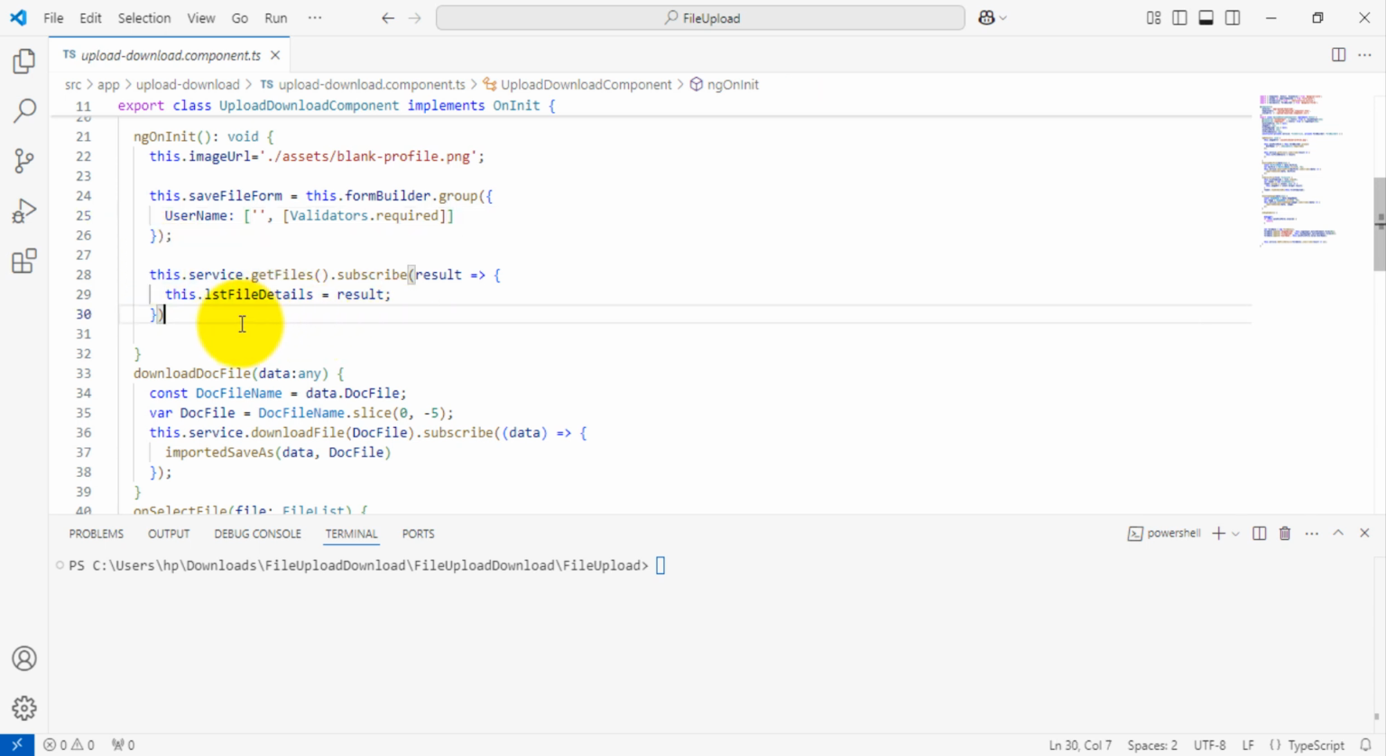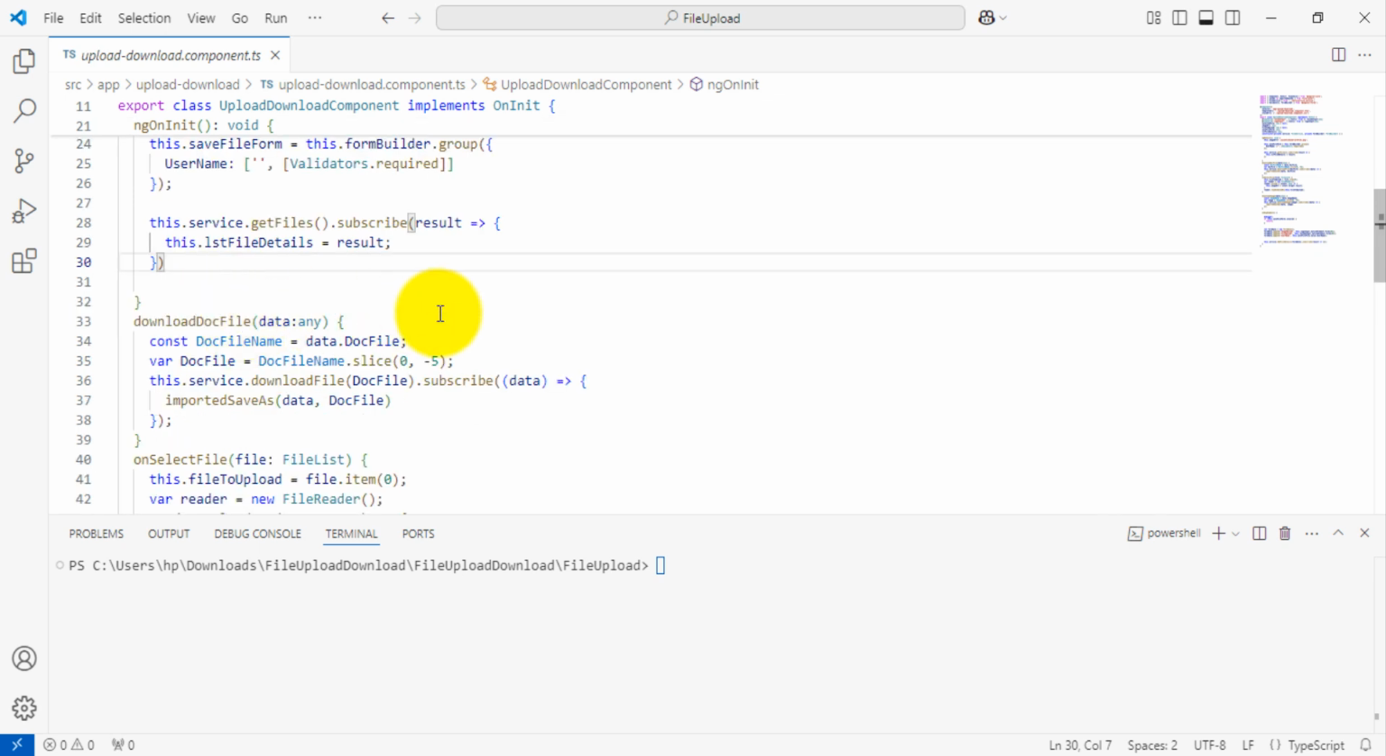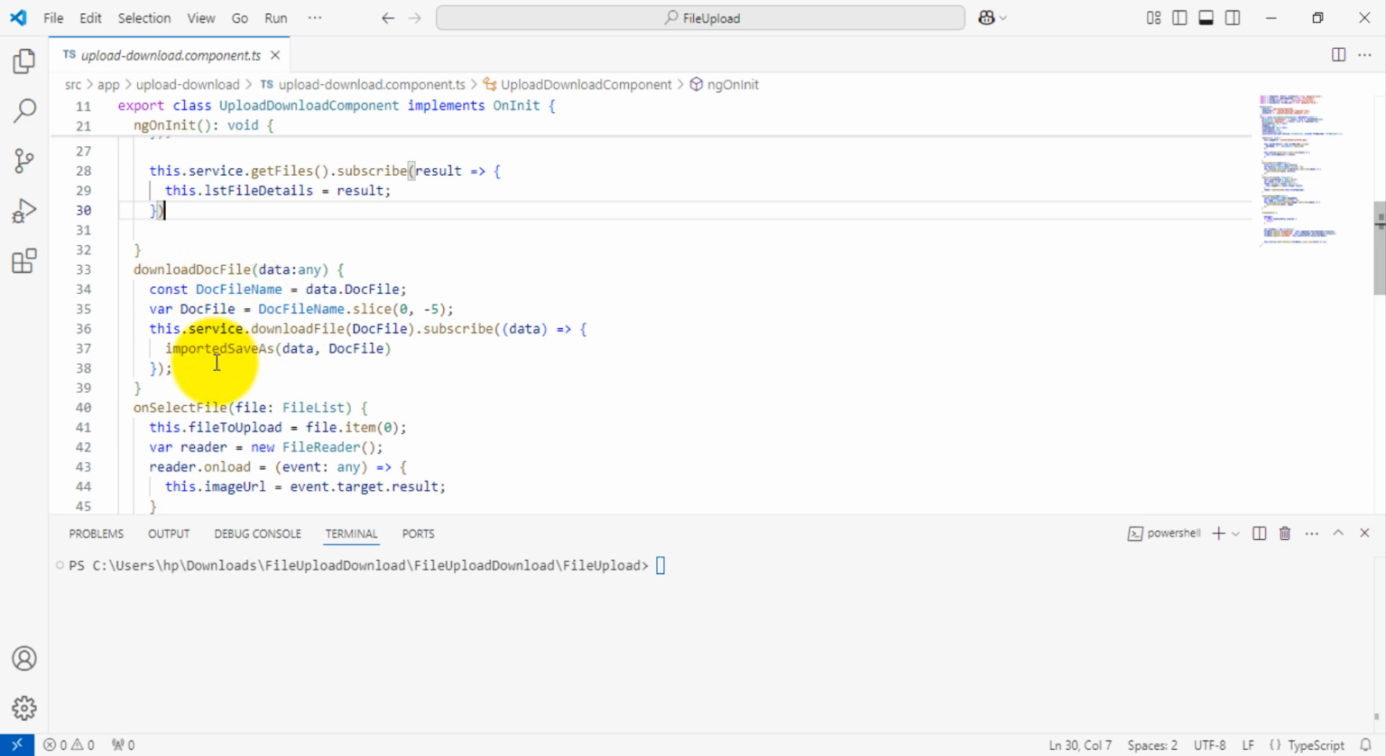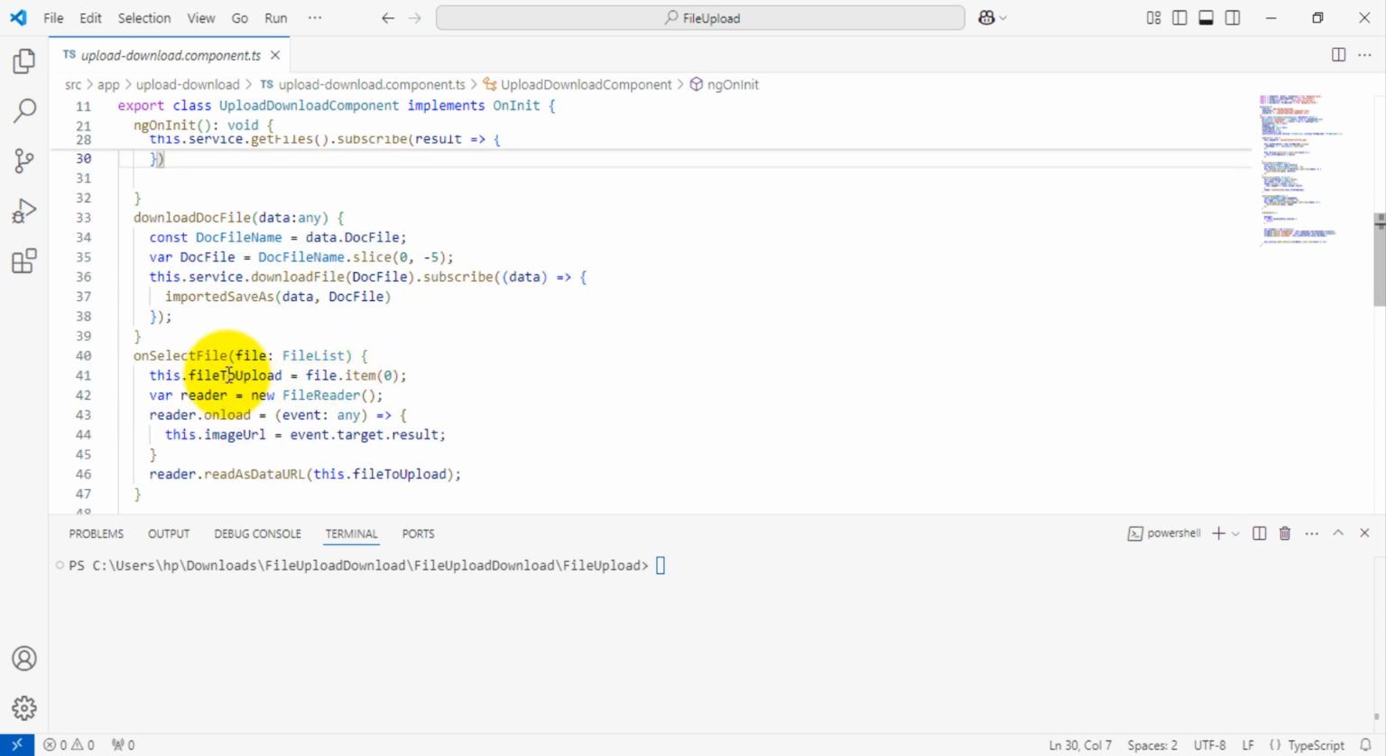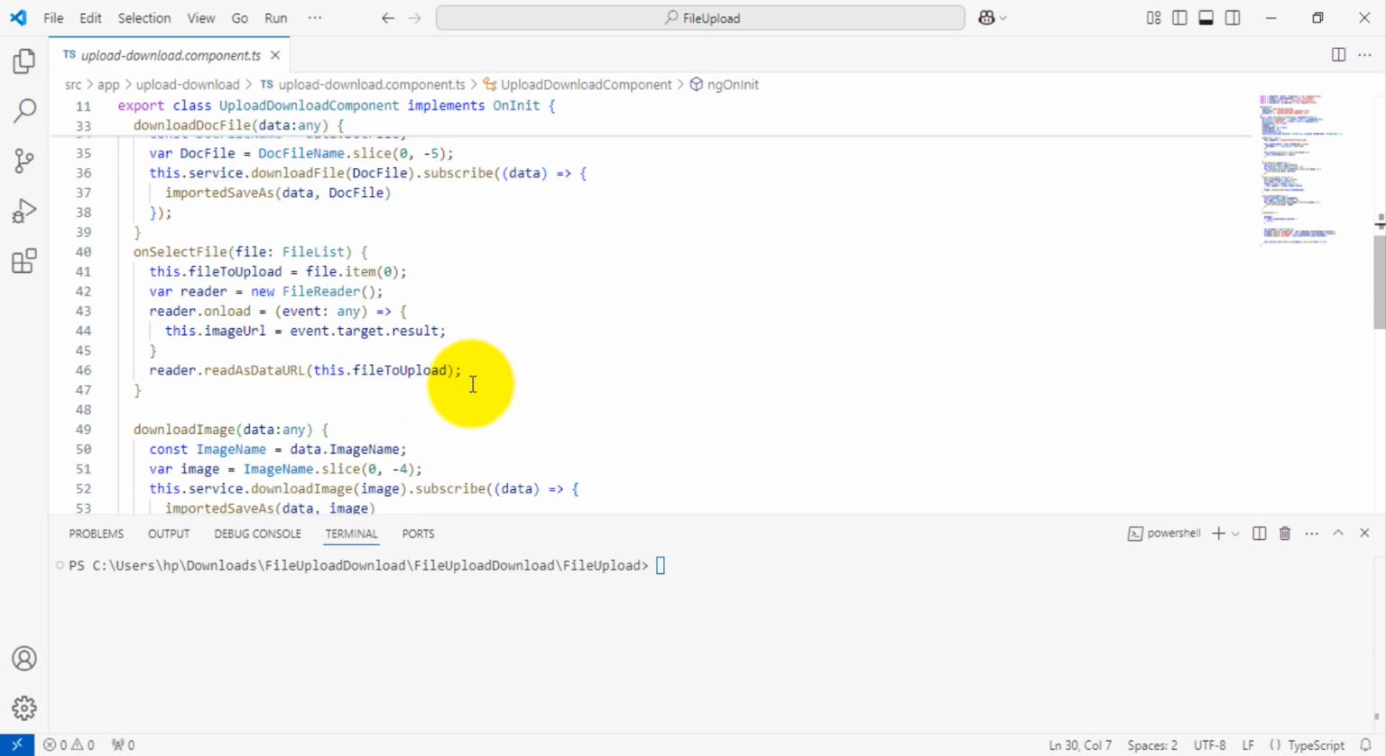In the service file, this method we can access, and the subscribe result, and the details for the result we will access in the list file details. And this download doc file, whatever we have used in my HTML, is configured here. On the click of the download file, it will be downloaded to your server path, same as for select file. Okay, so this is the image URL, we have set it as